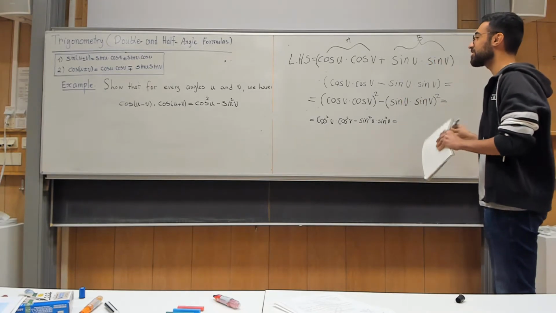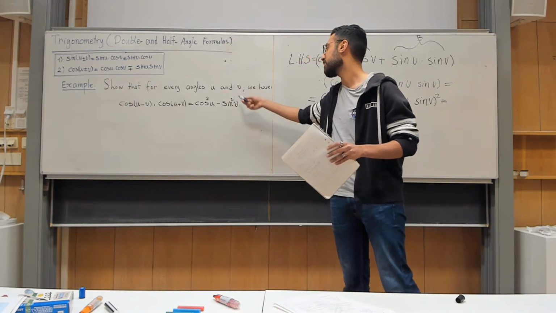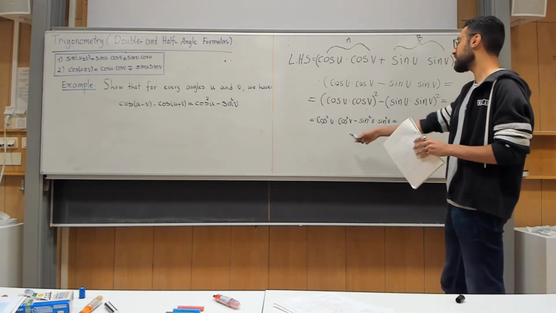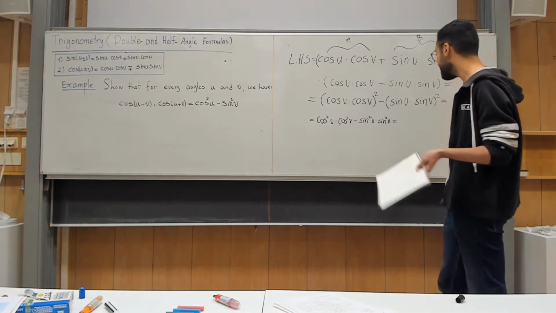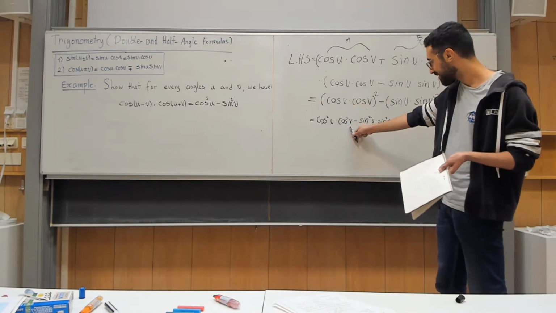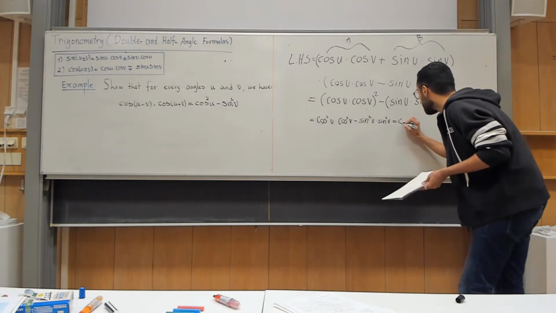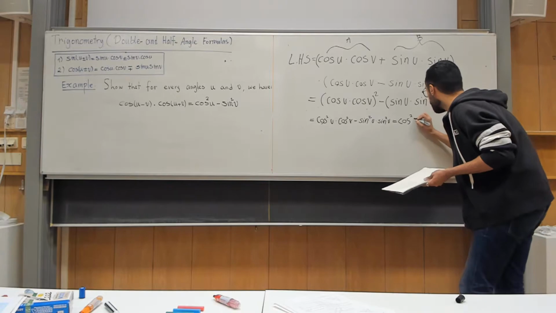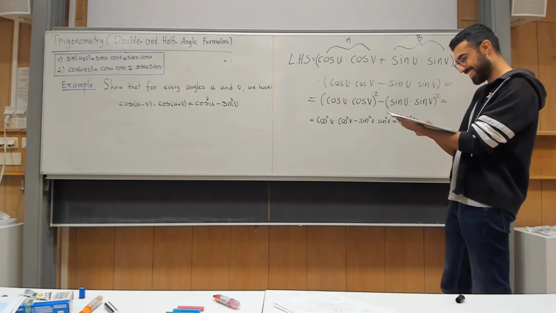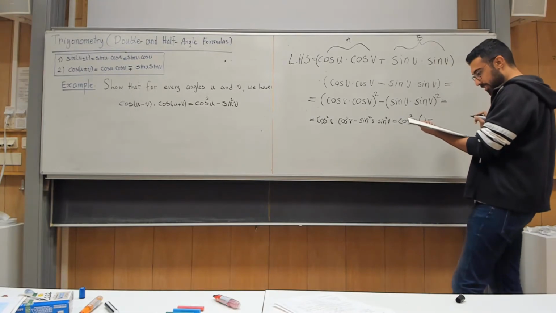So my strategy here is I want cosine squared u and sine squared v. The ones I want to drop or get rid of are sine u and cosine v. So those are the ones I'm going to interchange. I'm going to keep cosine squared u, and then cosine v becomes 1 minus